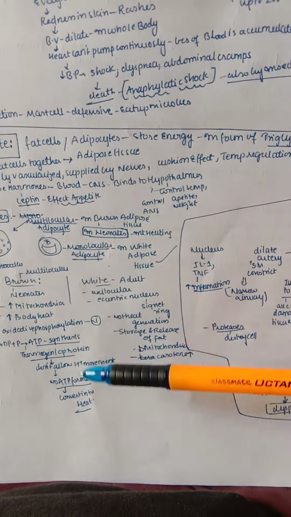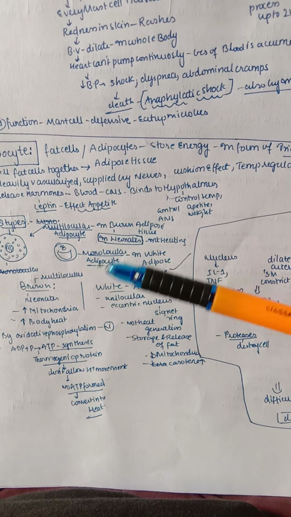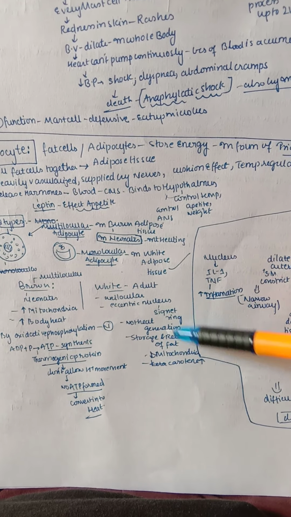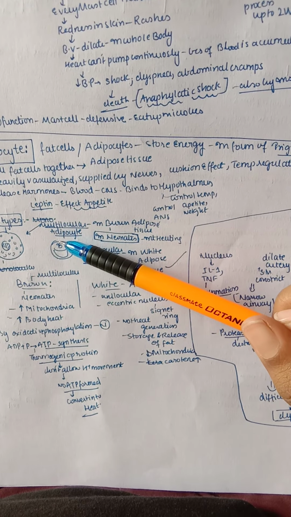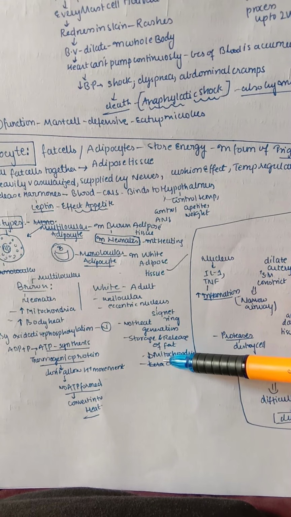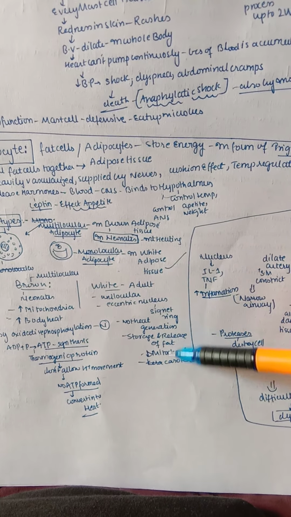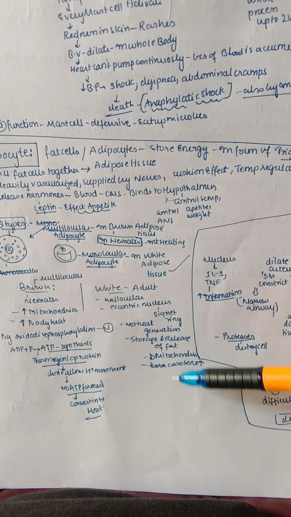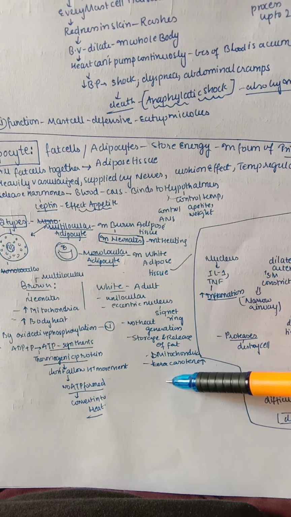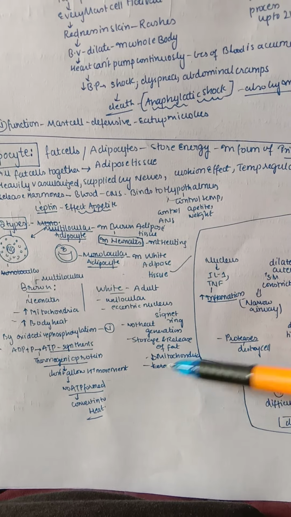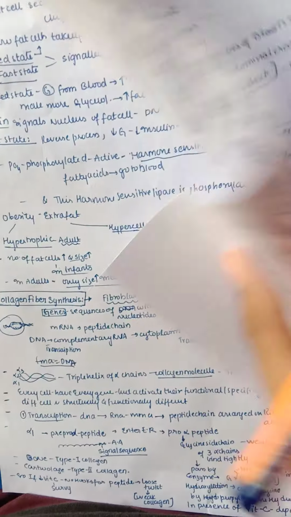It is mainly present in the neonate, whereas white fat is present in the adults. It is unilocular and mainly has an eccentric nucleus, and it is like a signet ring shape. Here you can see the signet ring shape because the nucleus is eccentrically placed. And there is no heat generation. Actually heat is also generated in this case, but not that much. The storage and also release of fat takes place in the white tissue, and there are fewer mitochondria, and also there is more of the enzyme known as keratin protein. This keratin protein is more in case of white fat.